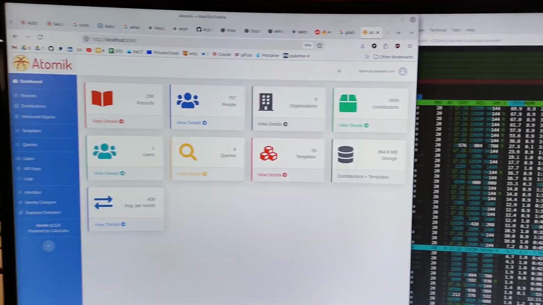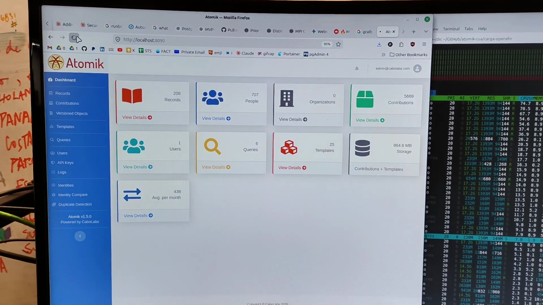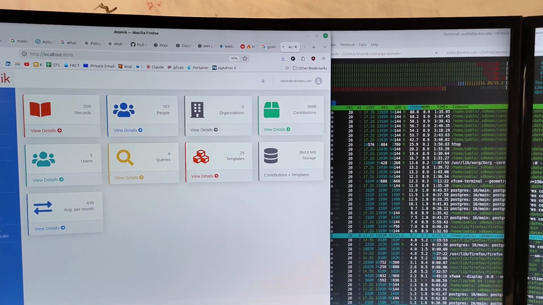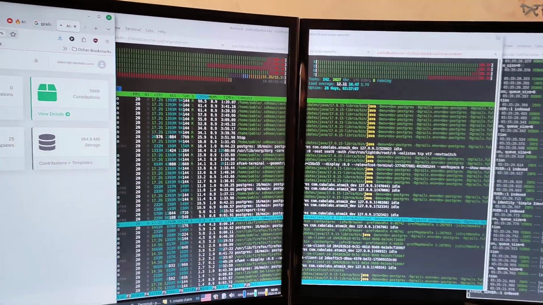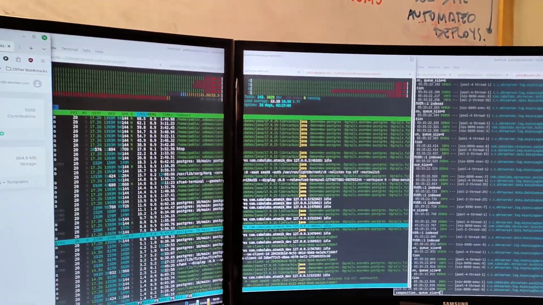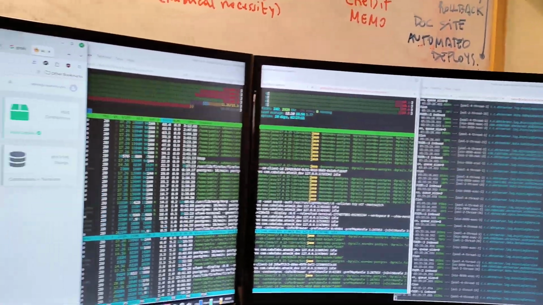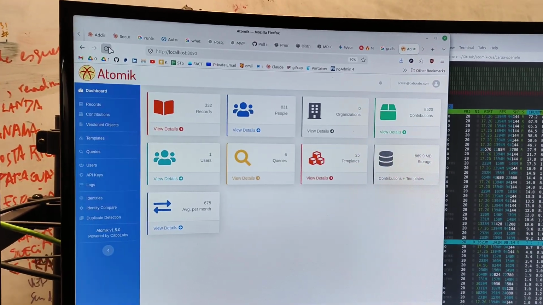And this is loading. Here we are doing a load testing of Atomik locally to be sure that what we deliver will perform on the client correctly. So we are doing a little testing, and to accelerate loading a lot of data in Atomik,